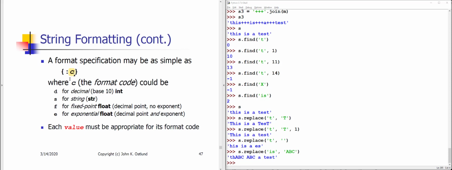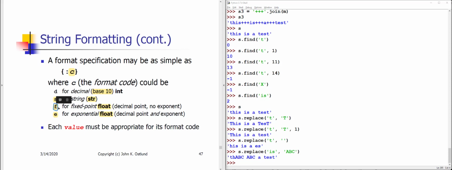If I have a D, that means a decimal or base 10 integer value. If I have an S, on the other hand, that means that I'm trying to format a string value. If I have an F or an E, both of these are formatting float values,